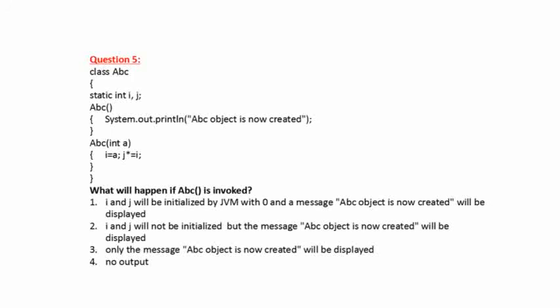Number 3, only the message ABC object is now created will be displayed. And number 4, there will be no output. So here the correct answer is number 1. I and J will be initialized by JVM with 0 and a message ABC object is now created will be displayed.